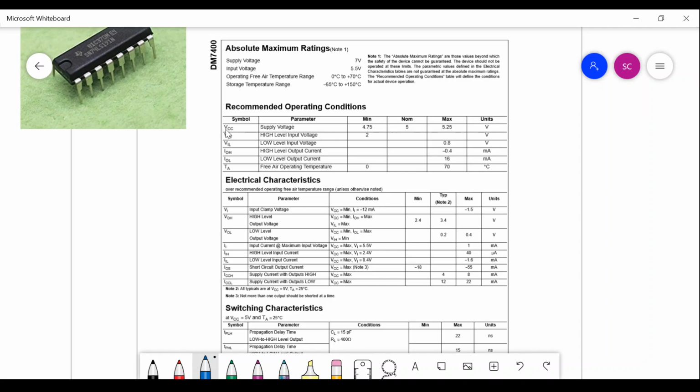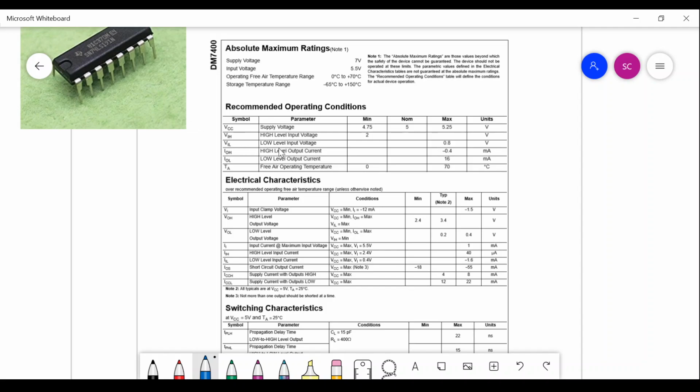That would make it work. So VCC, what is the nominal value that has been given to you? So you would give that value. You would not give 9 volt. So what exactly supply voltage you need to give, that is mentioned in the VCC. Similarly, other various parameters are given,